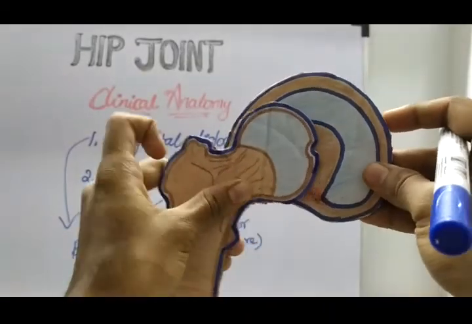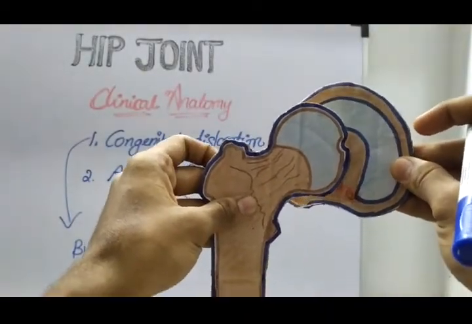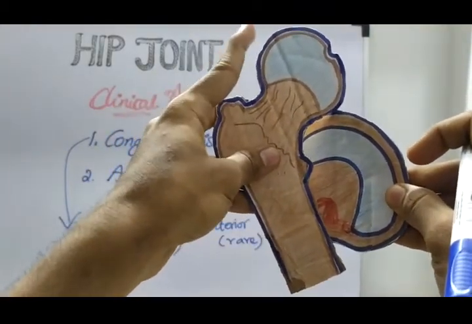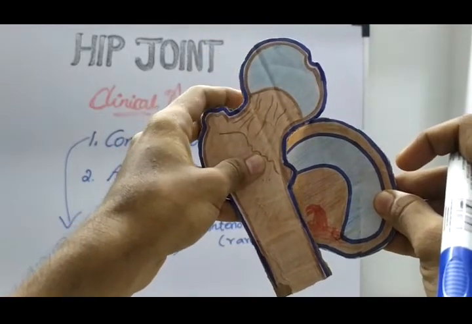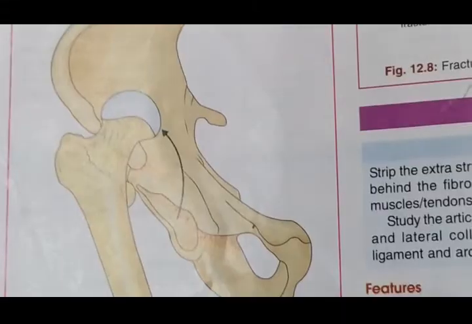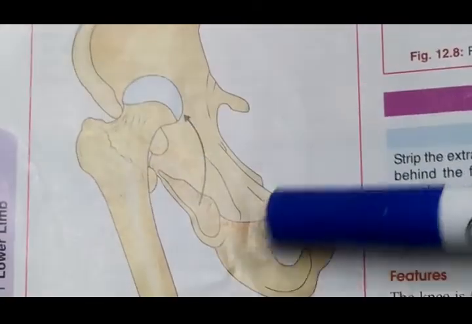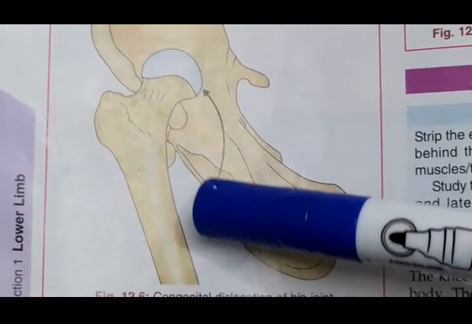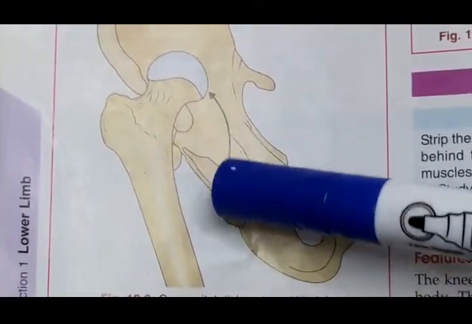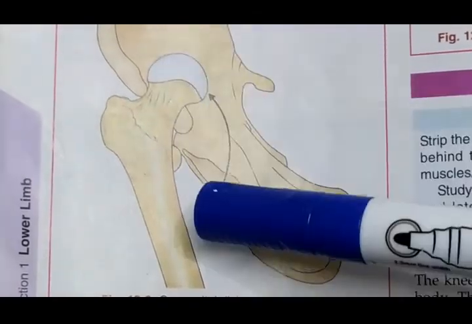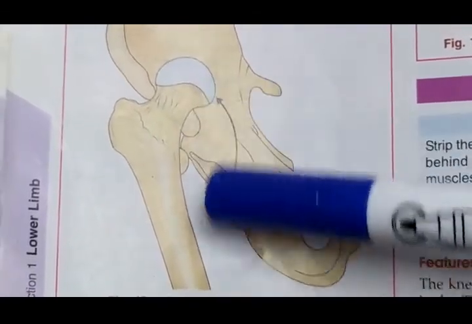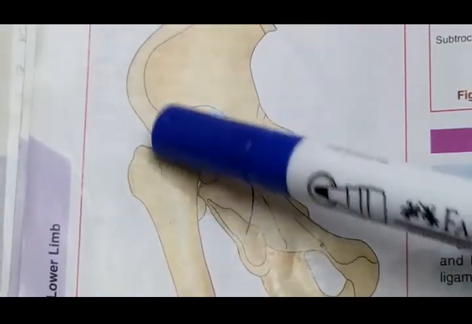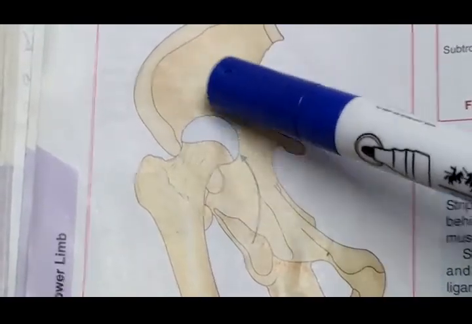The head of the femur from the acetabulum will be like this and it will go like this. It will move upwards and it will be present on the gluteal surface of the pelvic bone. This is the example of congenital dislocation. Here you can see the head should be in the acetabulum, but because of the poor development of the acetabulum, the head moves upwards onto the gluteal surface of the pelvic bone. This is the pelvic bone, here the gluteal surface, the head will move there.